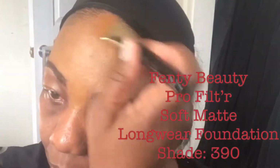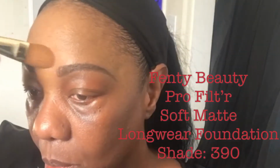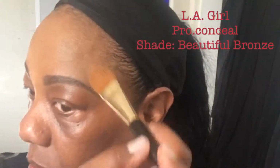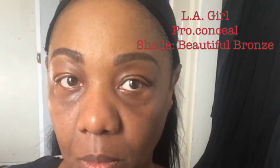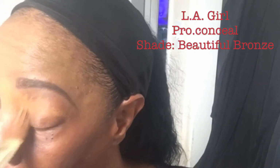This is just the quirky way that I do it, but I will do my makeup all the way from my forehead all the way to my eyes. And then after that I'll apply the foundation below that once I'm done with my eyeshadow. And as you can see here, I'm applying it to the center of my nose and my